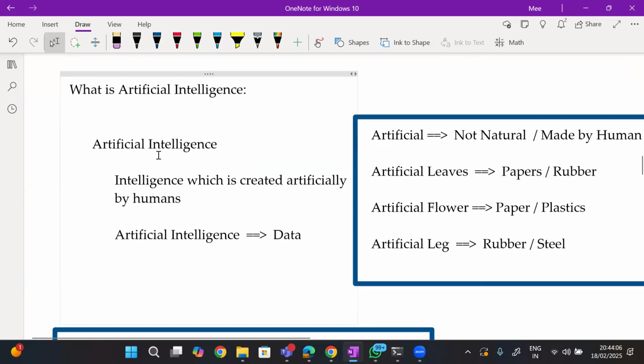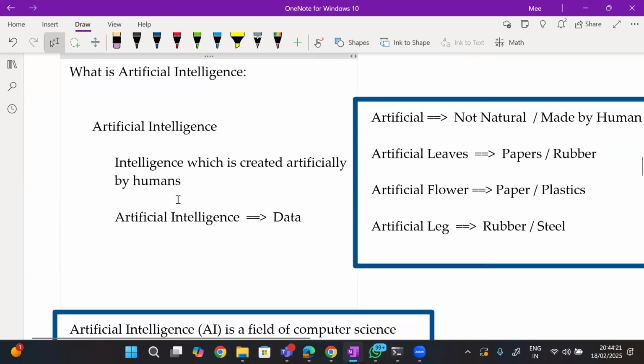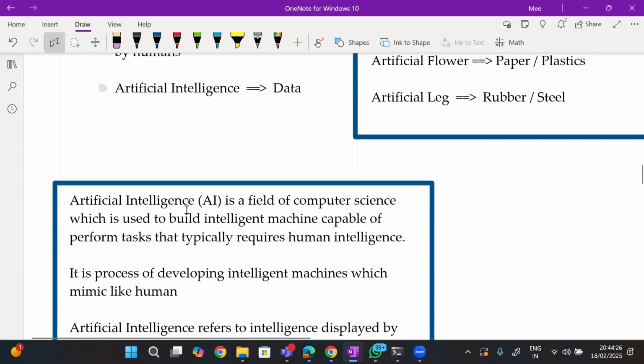Artificial intelligence is nothing but the intelligence which is created artificially by humans. That is what is called artificial intelligence. This is just to make you understand. But what is the definition?